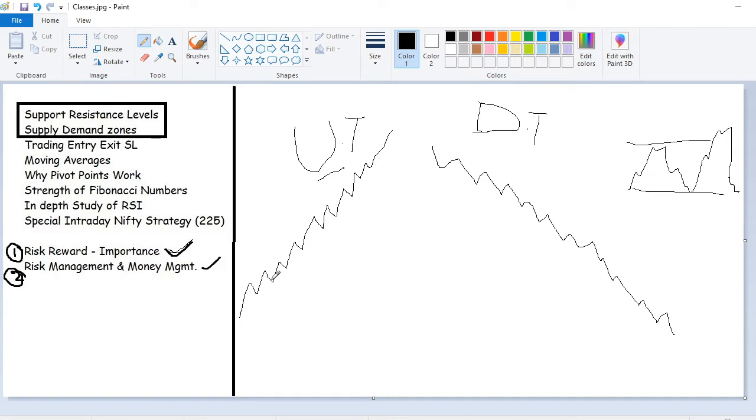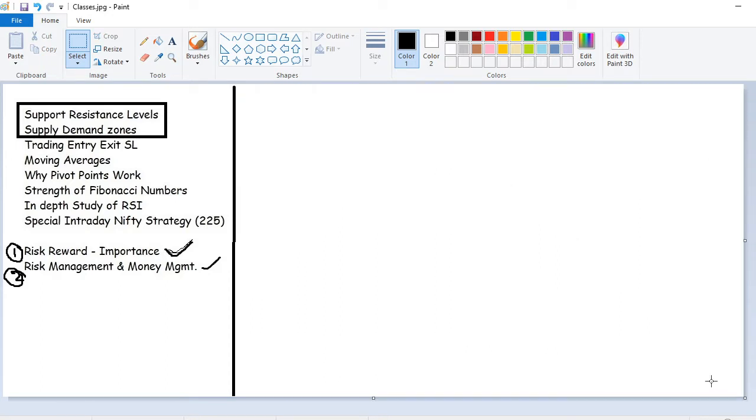Okay, so if higher highs and higher lows, then it is an uptrend. Lower highs and lower lows, then it is in a downtrend. And if it is making more or less the same high and same low, then we call it a sideways trend. Now what is a channel, what is a trend? See, trend lines are nothing but the lines which can be drawn by joining the lows or the highs.